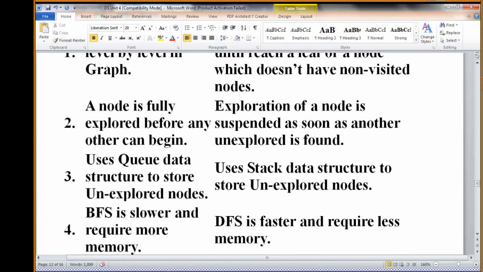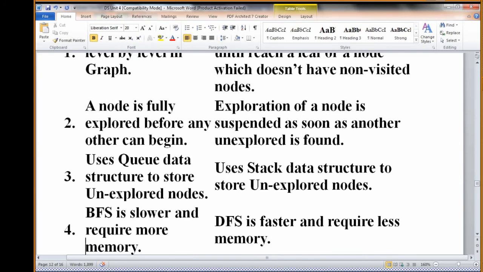If not there, again you have to move to the previous parent node and then again move to the same level node. So like that you have to move. So movements will be there, and visits will be more. That's why it is slower and takes more memory. You have to note down all these unexplored and explored nodes very carefully.